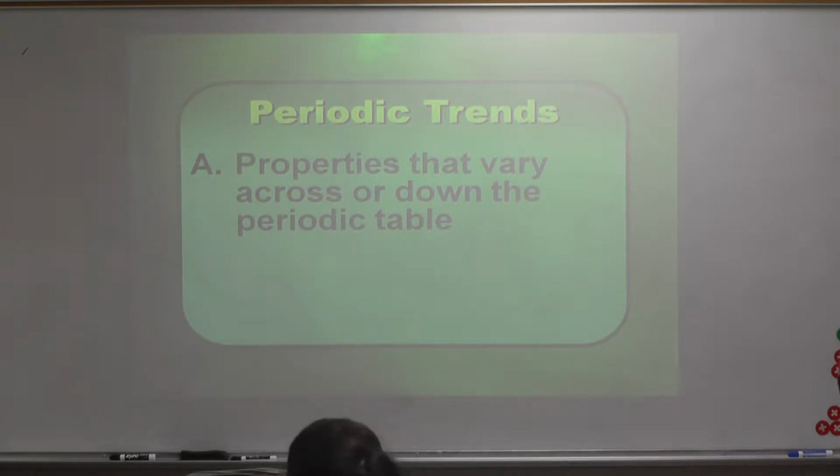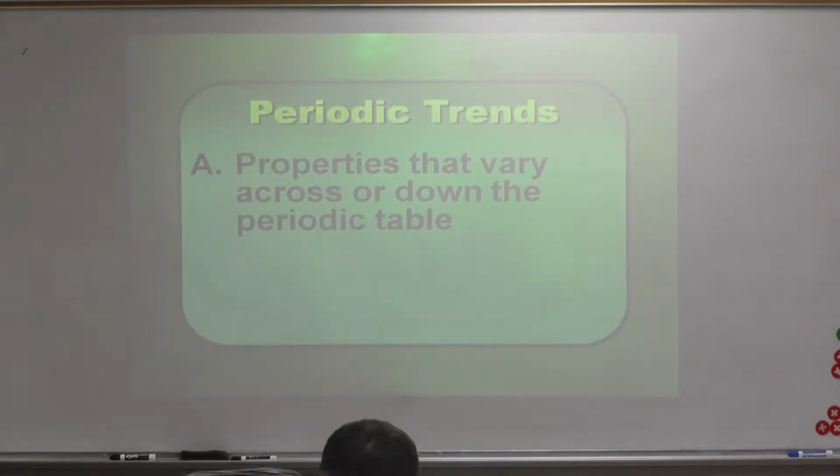We've already seen one trend. I think there was a homework question that asked you this, even though it didn't really word it nicely. It said, as you go across the periodic table, starting in a specific energy level, what do you notice? Well, they become less metallic. That's a trend, isn't it? This is the most metallic. This is the least metallic of that group. There's a few other trends we will talk about.